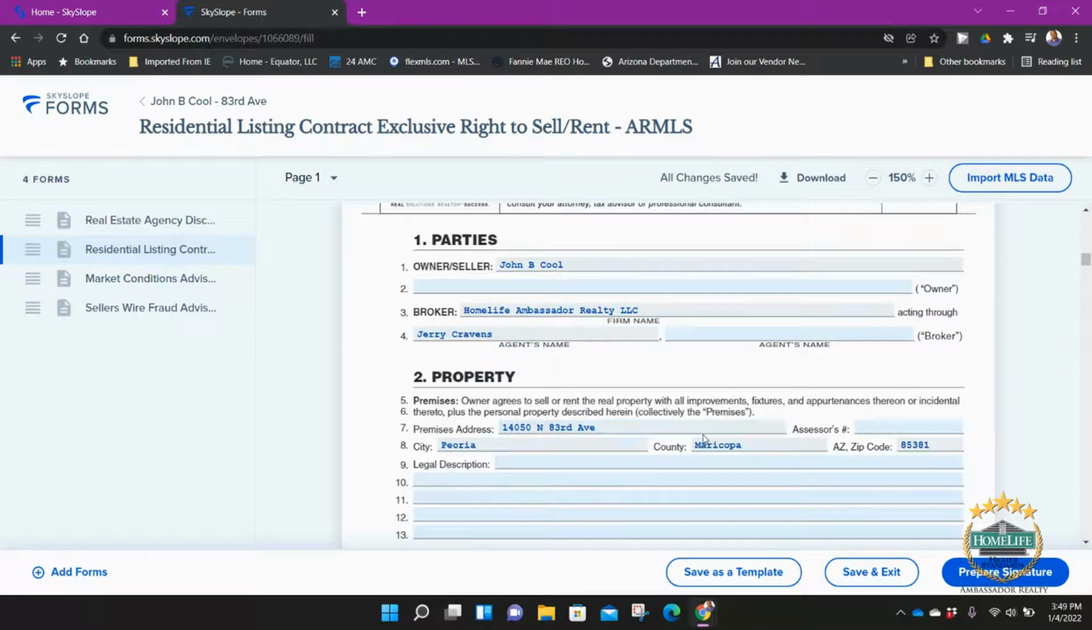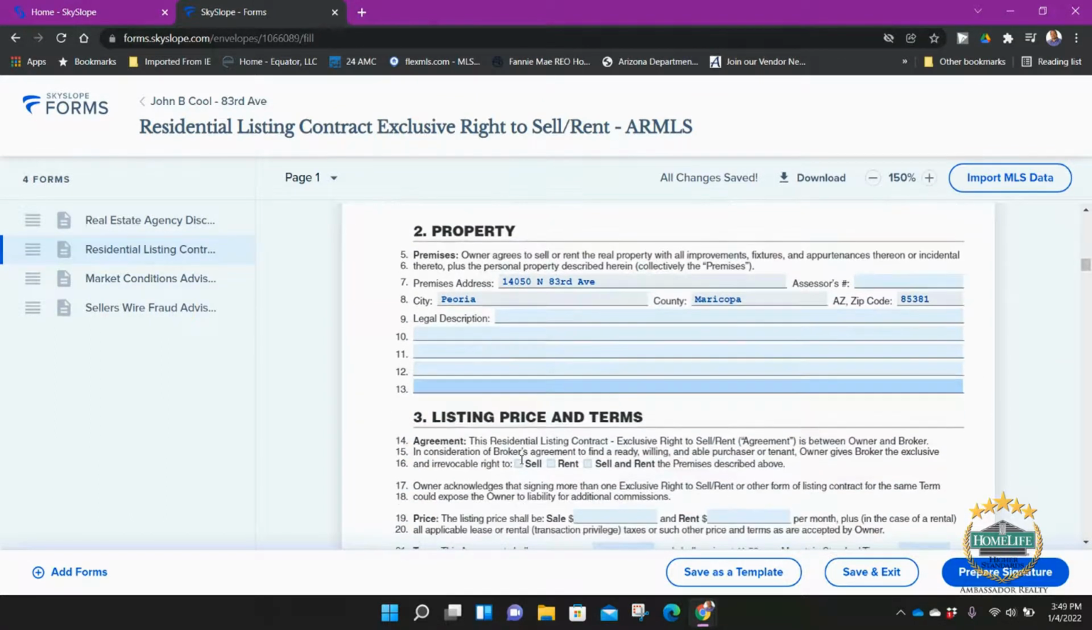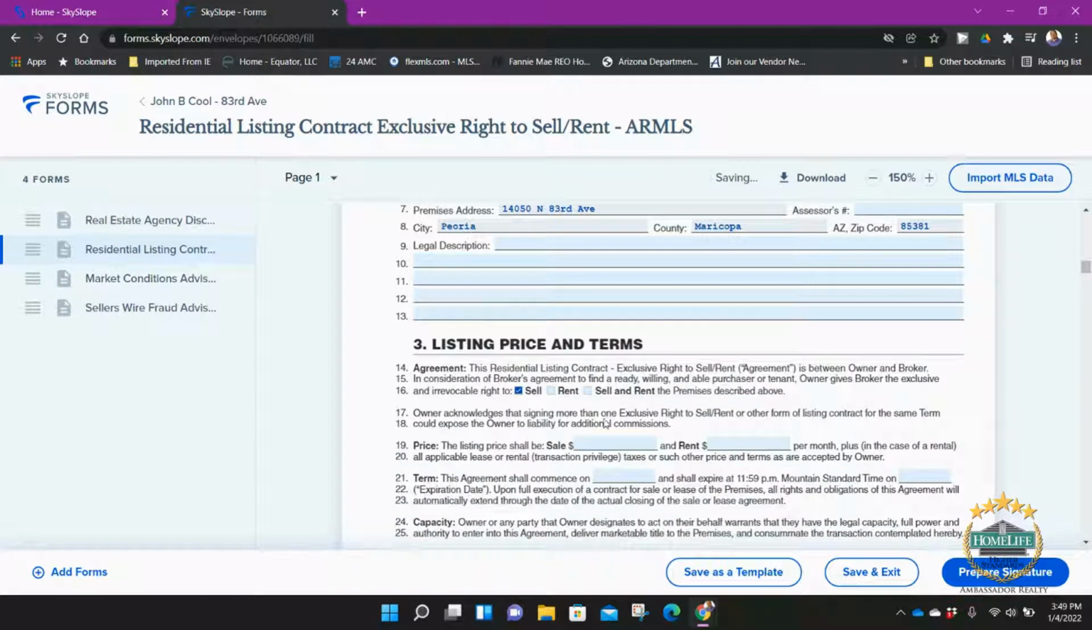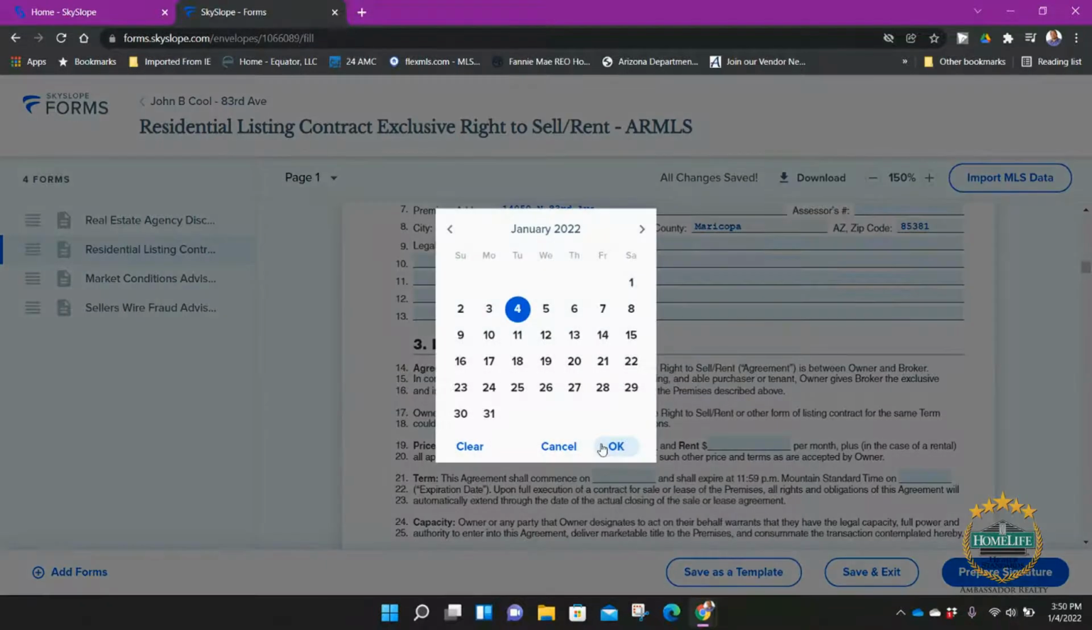It'll have the address. I need to add the assessment number, legal description, if it's for sale, rent, sell and rent, either way. Let's say we're going to sell this one for $500,000. Now, one of the things that you used to be able to do with Zip Forms is enter dashes. You cannot do that within SkySlope. If it's required to have a number, you have to either put a number or leave it blank. So in this case, I'm going to leave it blank, and then I tab,